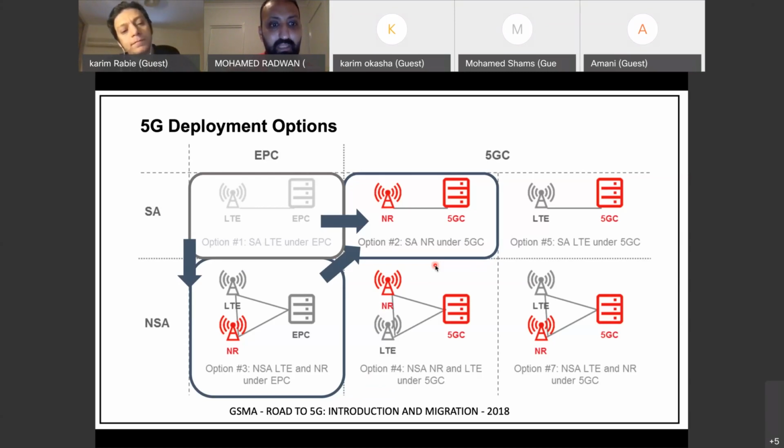And as you mentioned, I remember when I first saw this slide, I was going to comment: if we are in option 3, is the existing EPC capable of providing all the 5G drivers or wishes that we want, like ultra-reliable low latency, like IoT? I believe maybe not. Network slicing, maybe all this will not be supported, but we will be supporting some of the use cases, maybe similar to enhanced mobile broadband. Am I correct? Yeah, 100%.